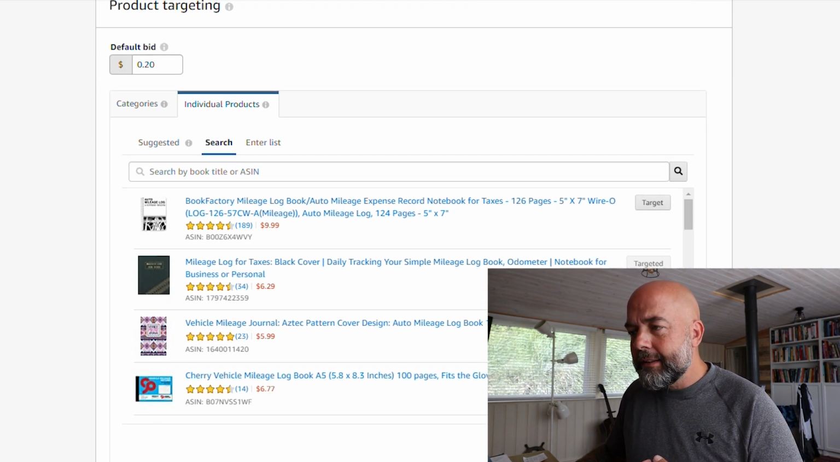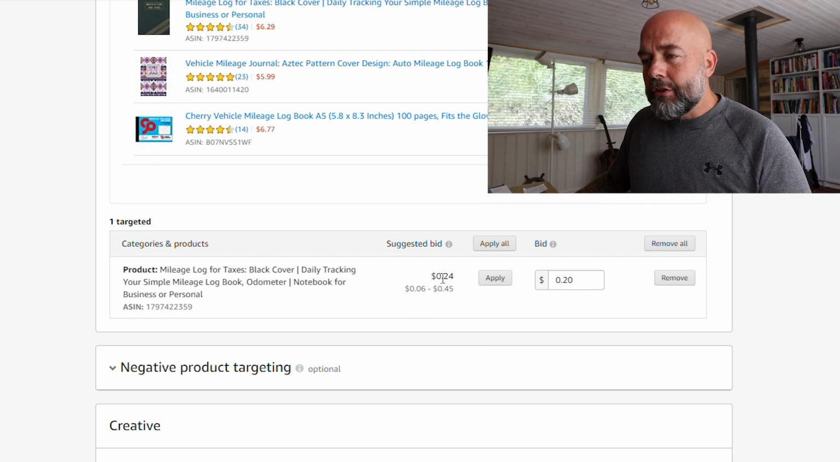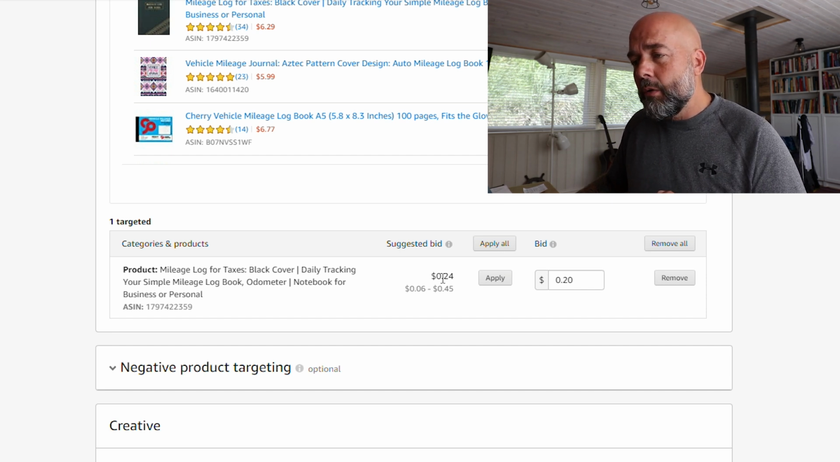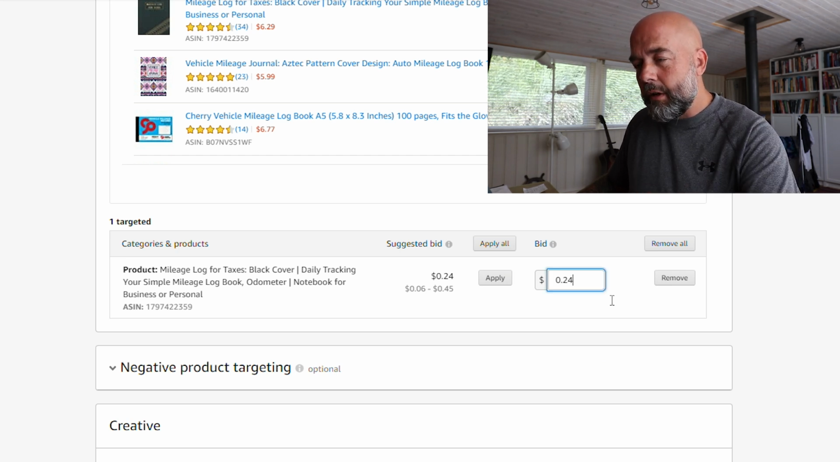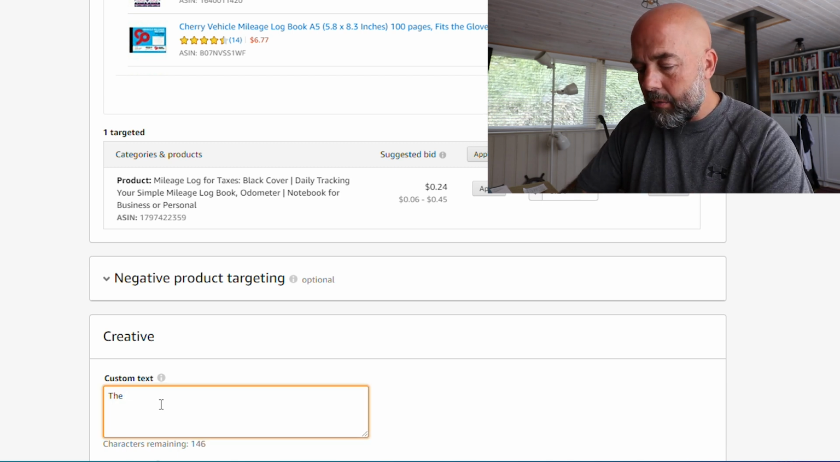So that's one we picked, and you can see here if we scroll down, it's got the book there. It's got the suggested bid, and you notice these are a bit lower than the previous keyword bids. And this is our default bid, 20 cents. So you can keep it at that, or you might say, okay, we'll go for the suggested bid. And then down here, as I mentioned earlier, you can add the custom text ad, the best mileage logbook in the world,